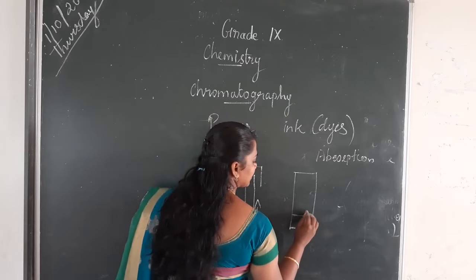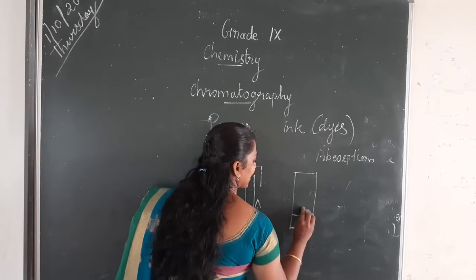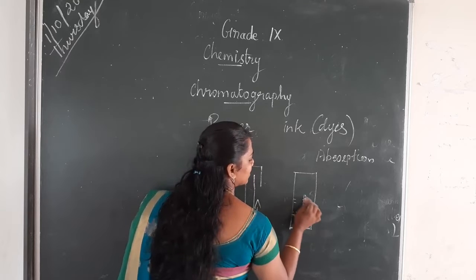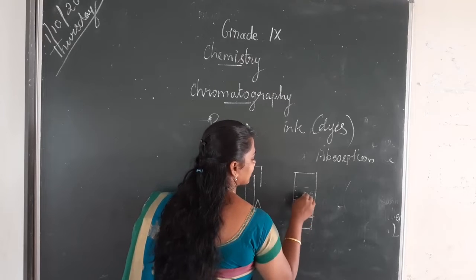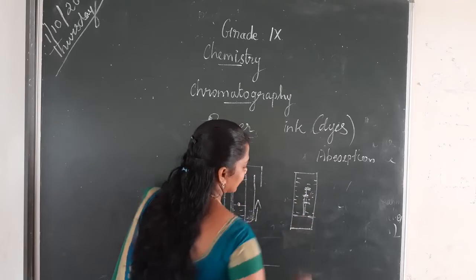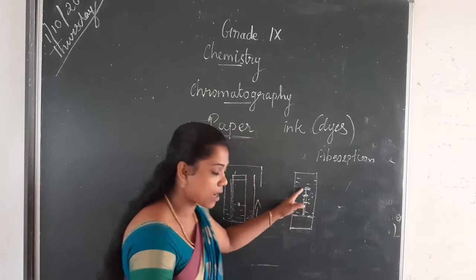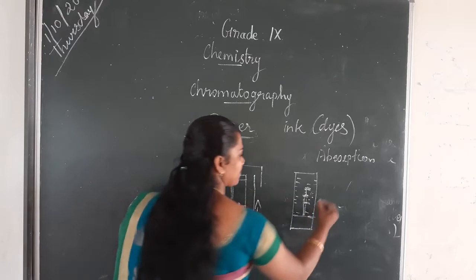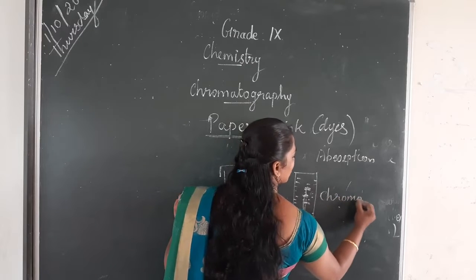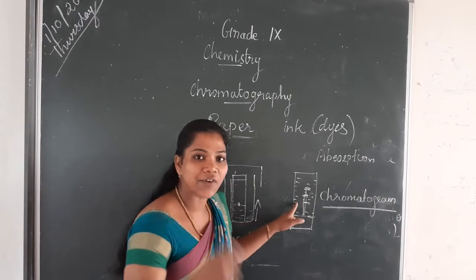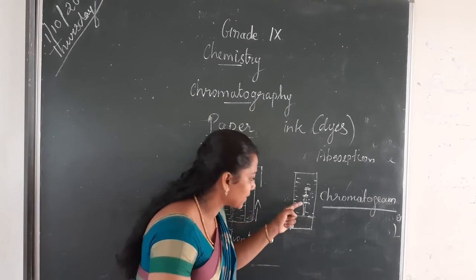For example, we can see the ink move upwards along with the solvent. Along with the solvent, the ink spot also moves upwards, and you can see the different colors that we get. We can see 3 different spots that appear on the paper. Okay. After this technique, this paper is called a chromatogram. When we air dry this paper, we can see